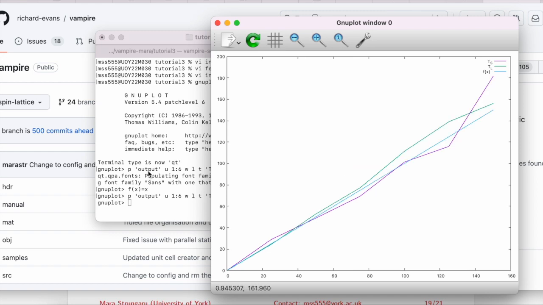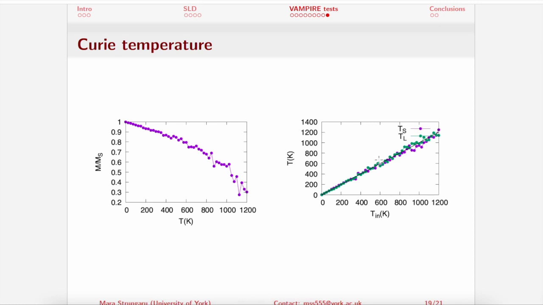Okay, so if we leave this long enough to run, we should be able to obtain a result similar to this. So this is the linear function, the black line, and we see some variation of the two subsystems around